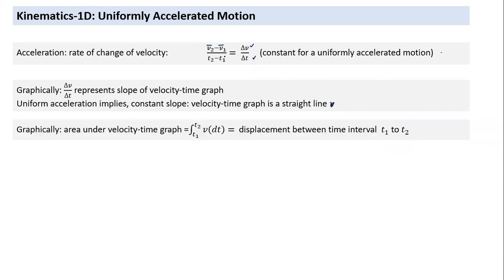And the second thing we understand: whenever we have a graph, what is the area under the curve? Area under the y-x curve is y dx. In case of the y-axis, we have the v term. In case of x, we have dt. I have done it last time also. What would this term indicate? This term will indicate the area under the velocity time graph. So the area under the velocity time graph between two time intervals is equal to the displacement between time t1 and t2.